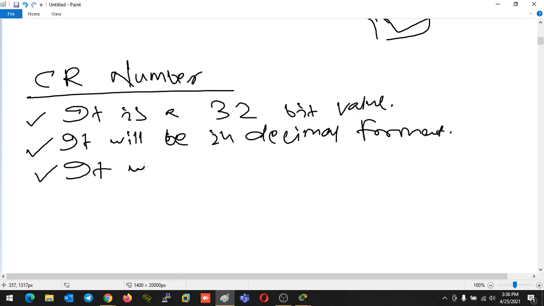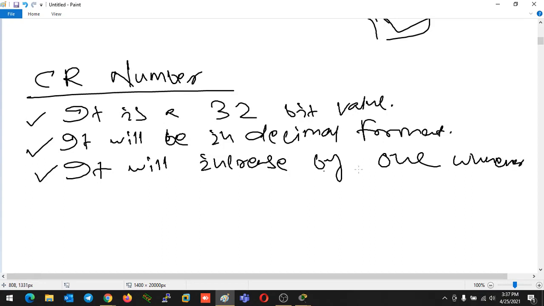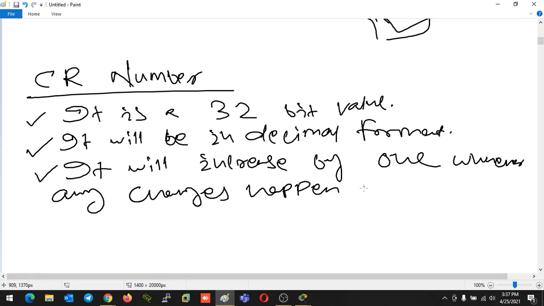It will increase by 1 whenever any changes happen to the VLAN database. Whatever changes happen to the VLAN database count.